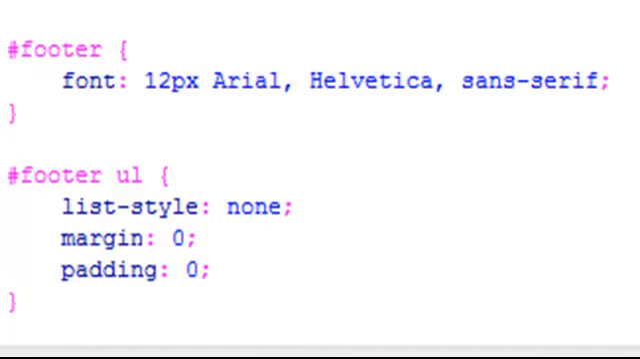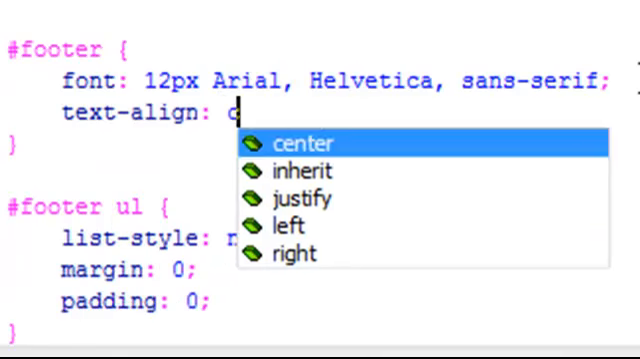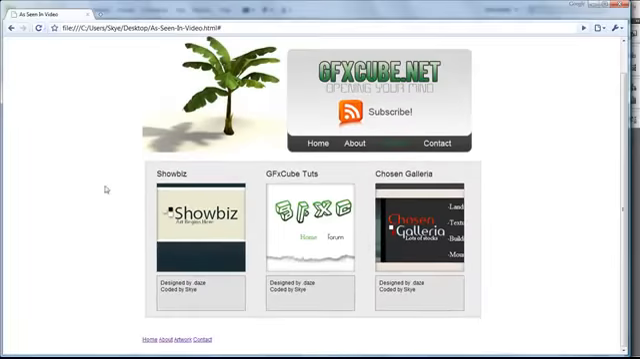You should see our Photoshop version. Okay. Next I'm going to want to center this. So I'm going to do text align, and I'm just going to do center. When I look at this, now I have my text centered right here. And I'm going to need to create